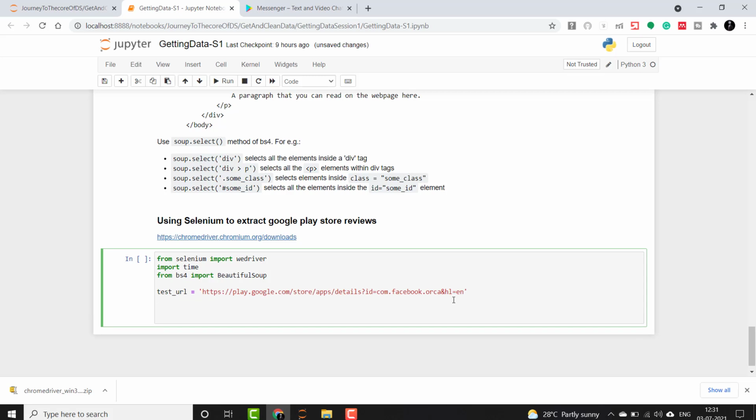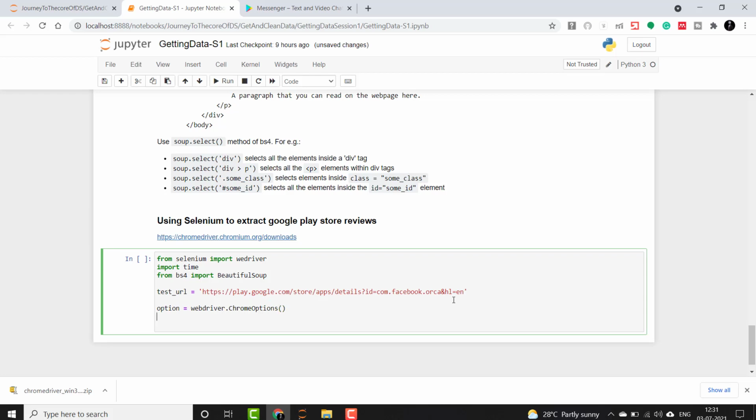Now I will give some options. So I'll say option equals webdriver.ChromeOptions. This is just for incognito purpose. We are adding one option because this is web scraping. So I will add argument and I will say hyphen incognito.